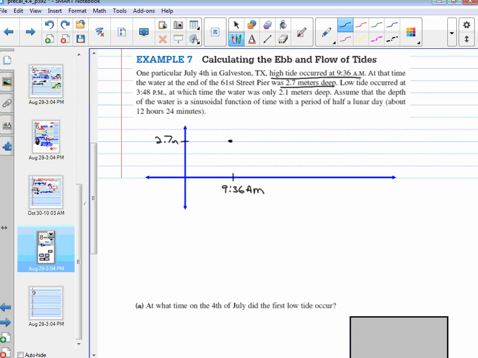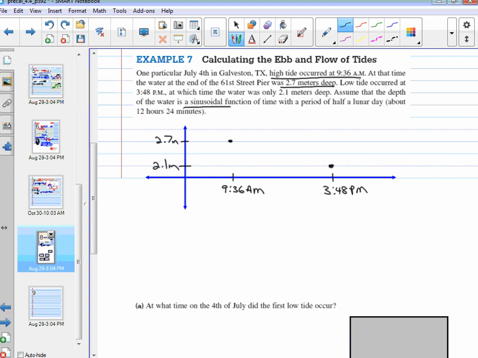Low tide occurred at 3:48 p.m. So at some point later, at 3:48 p.m., I am at low tide. I've gone down to low tide, so I don't know where it is. Low tide is right over here, which happens to be 2.1 meters. My scale isn't real good. 2.1 meters. Okay? So let's assume that the depth of the water is sinusoidal over time, with a period of